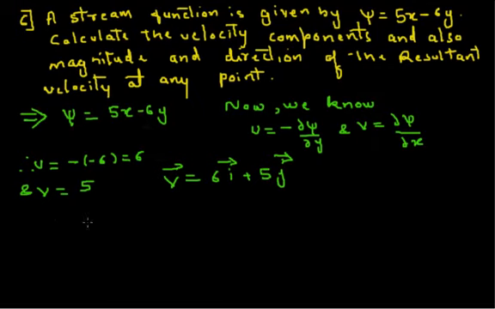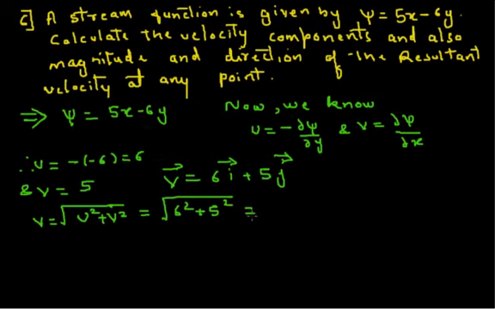The resultant velocity is V is equal to under root of u square plus v square, that is equal to under root of 6 square plus 5 square, that comes out to be